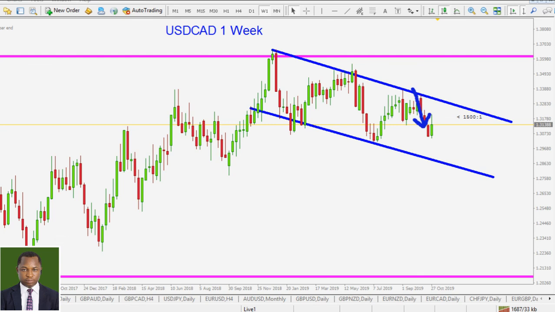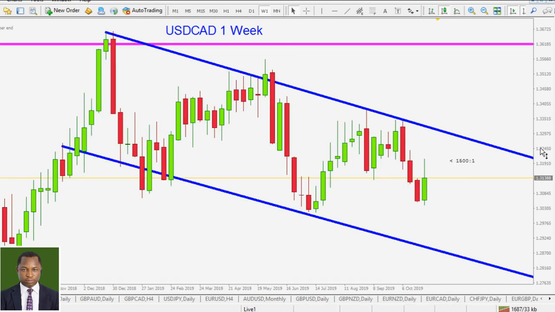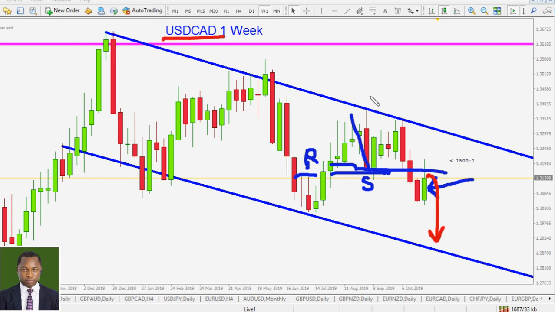All right, after we made that analysis, right now if you zoom in on this chart again, you will see that the level there that has been holding price as both resistance here and support here has been broken, and this current candle is more of a pullback. Okay, so we expect to see a fall from there on to the downside. So for the American dollar against the Canadian dollar, let's be bearish. Let's search for only short opportunities.